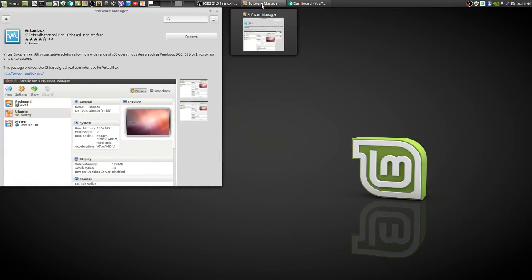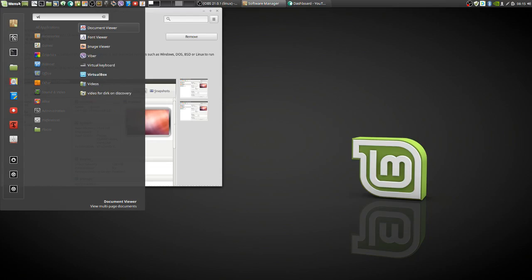I have no idea. So I should have VirtualBox here now. Let's see if that pops up. Yeah, this works. Okay. You know, for whatever reason, I could not install it with...